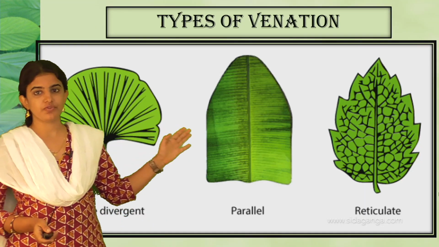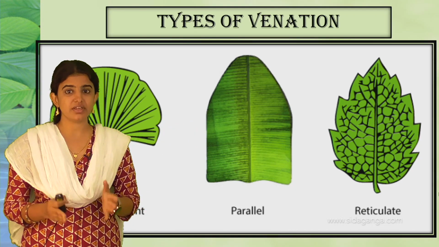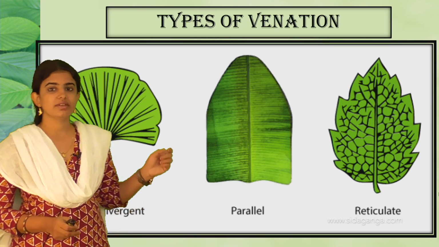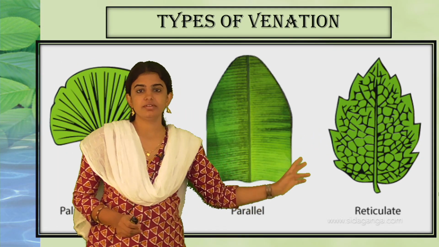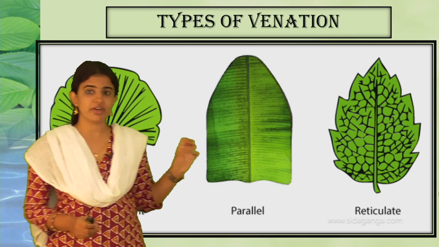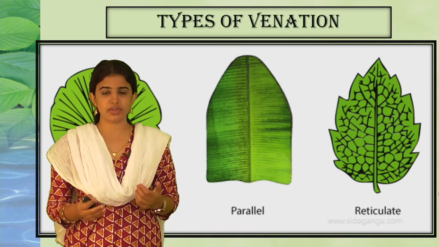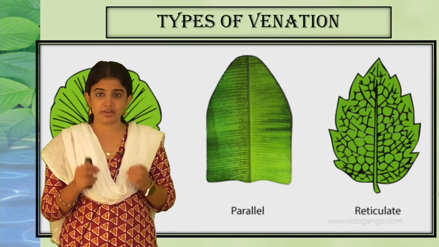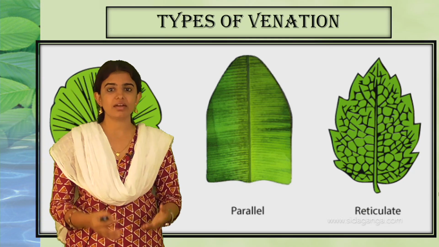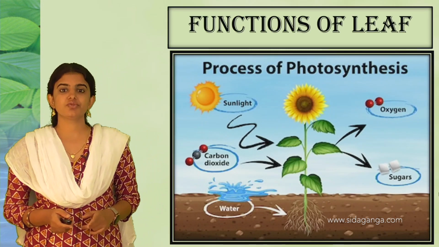This is the types of venation. Venation means nothing but the arrangement of the veins in a leaf. Parallel venation is there, and reticulate venation. Reticulate venation forms a network or web-like structure in the leaf, and parallel venation is where the veins run parallel to each other in a leaf. Next one is the